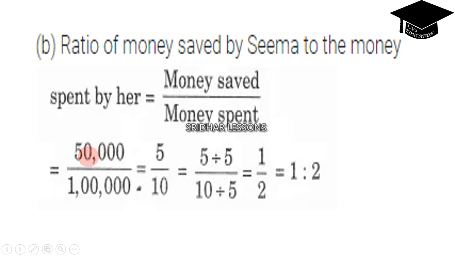That is 50,000 by 1 lakh. So if you cancel the zeros, it is 5 by 10. 4 zeros were cancelled, 5 by 10. 5 cancels in 10, 2 times. So it is 1 by 2. The required ratio is 1 is to 2. Next,